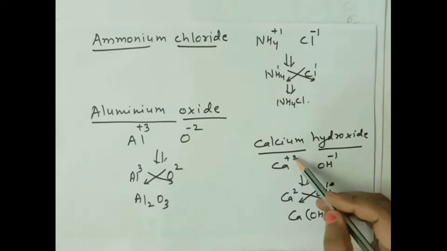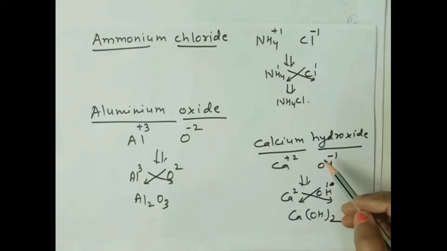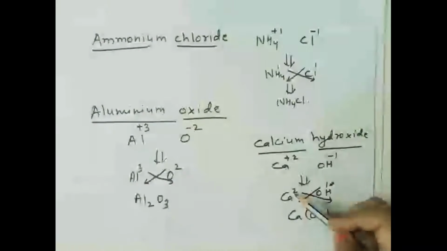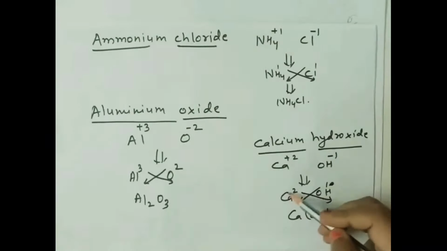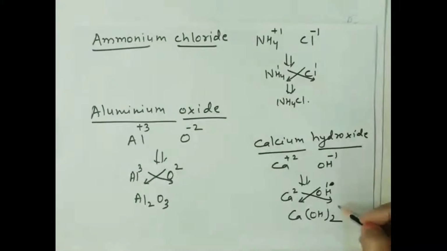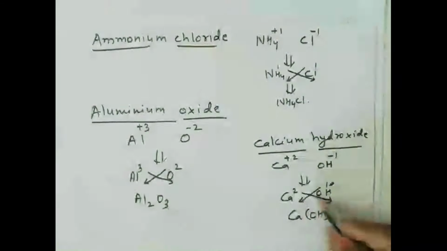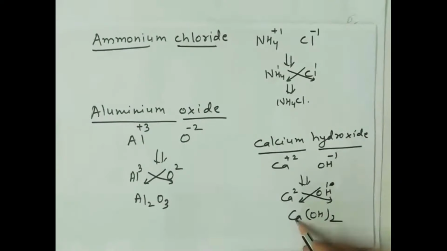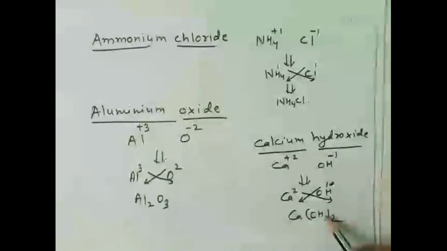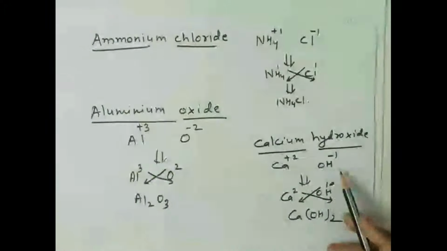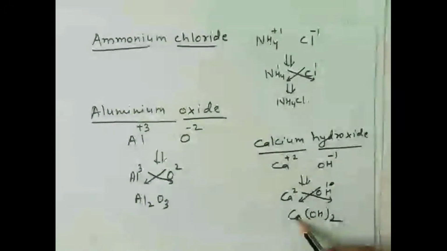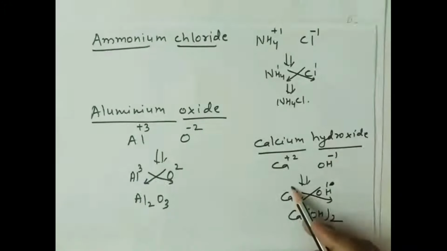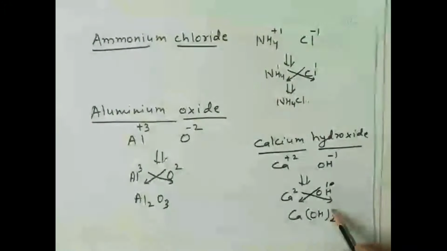For writing the formula, plus or minus sign should be omitted. So simply we can write Ca valency 2, OH valency 1, and now cross the valency. So Ca, and this 1 will come to calcium. 1 is understood, we will not write, and this 2 will come to whole OH. So whole OH 2. So formula of calcium hydroxide will be Ca(OH)2, because this 2 will come to the whole OH.